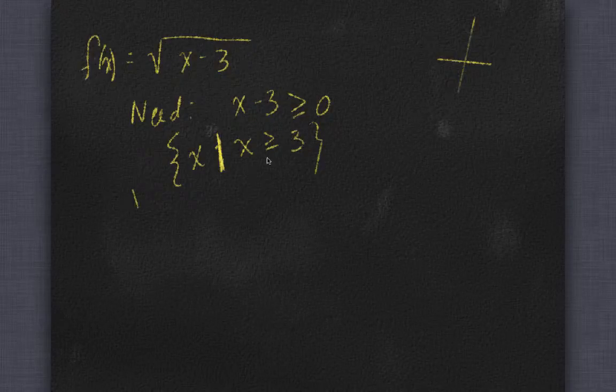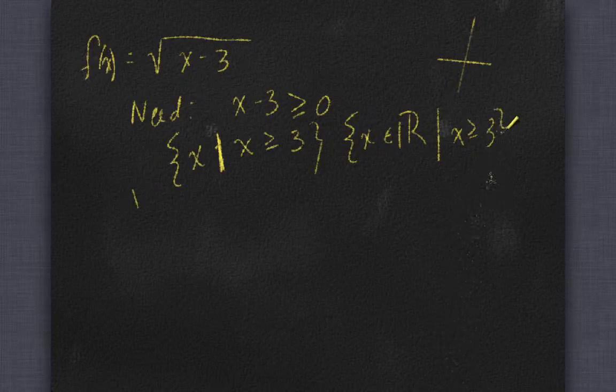The real true way to write this is not this. This is what they teach you in school because you're almost always dealing with real numbers. The real true thing to do is say take all the x's which are elements of the real numbers. So this says x is an element of the real numbers. So all the x's, all the real numbers, so that, and then you tell the rule. And this isn't what you're being tested over. I don't even think this is on the assessment at all. But